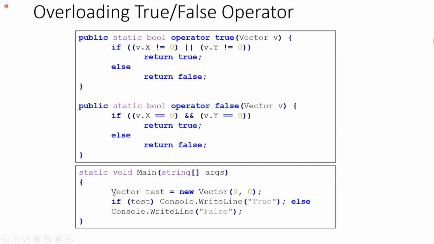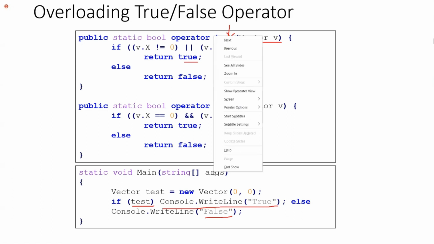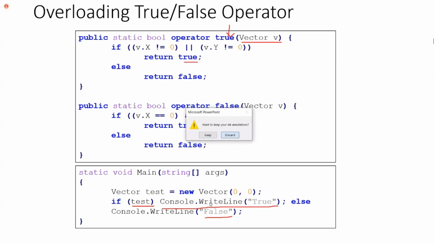It's very simple, right? Now here you define a vector test, and here you give the two values, and within bracket test. Now this is just a vector object, right? You pass it here, and then it simply evaluates for the true, and if it returns true, then it will print true. Otherwise, it will print false, right? We'll try if we can do the same with our complex object.